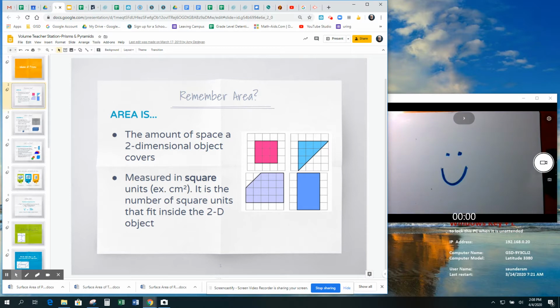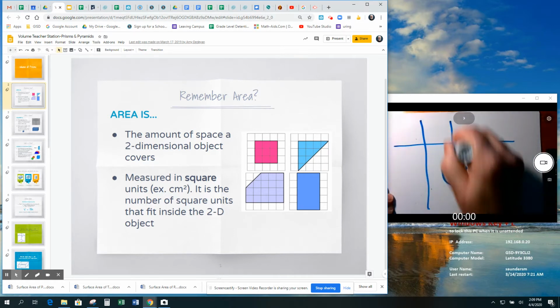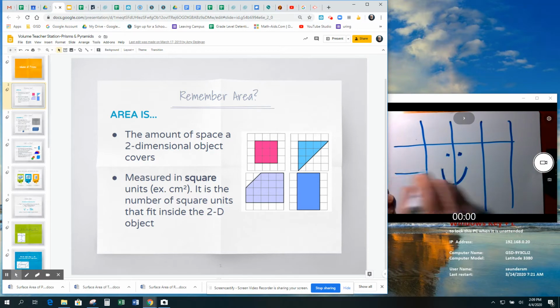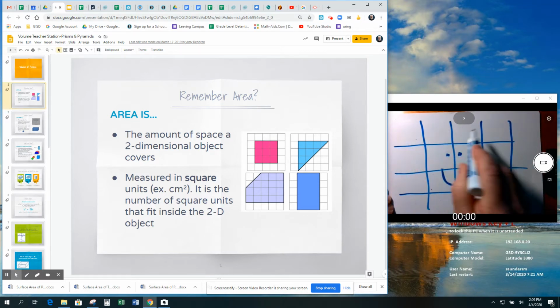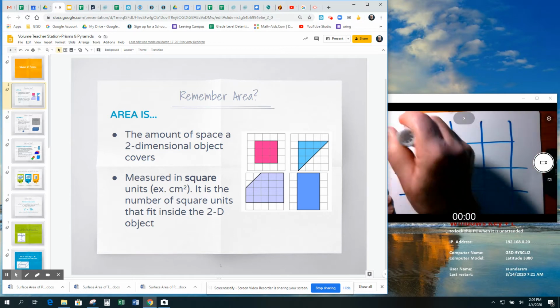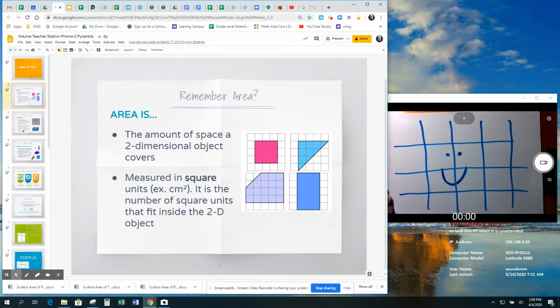So remember what area is. Area is like the amount of space a two-dimensional object covers. So if you think about my whiteboard right here, and if we think about counting the squares in my whiteboard, the square area, okay, it would be 1, 2, 3, 4, 5 times 1, 2, 3, 4, maybe 5. So 25 or 20. I don't know. Let's just say it's 25. 5 by 5, 25 square